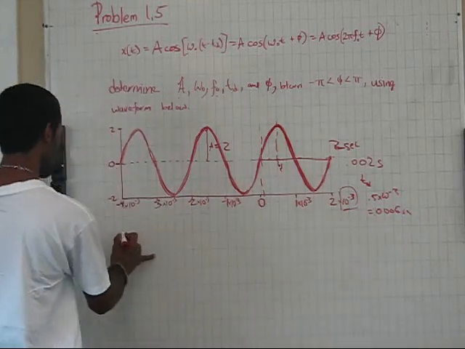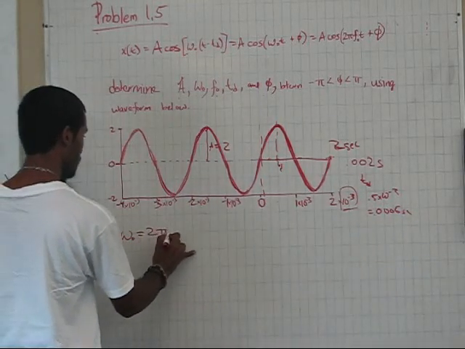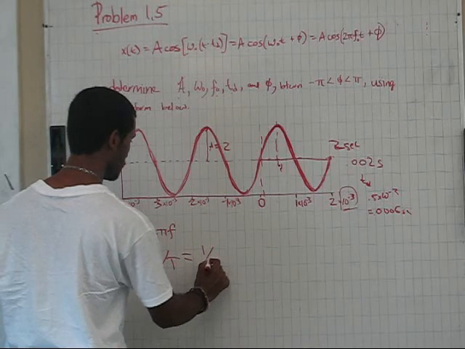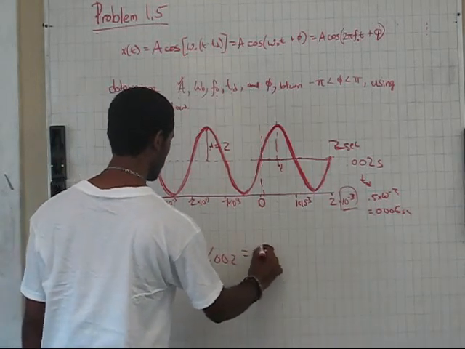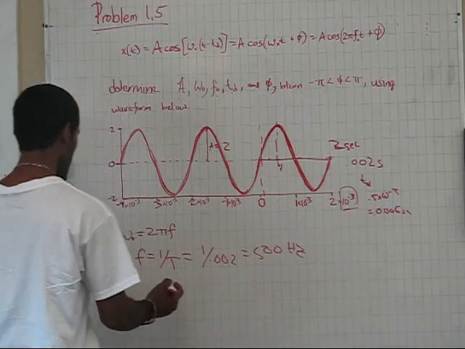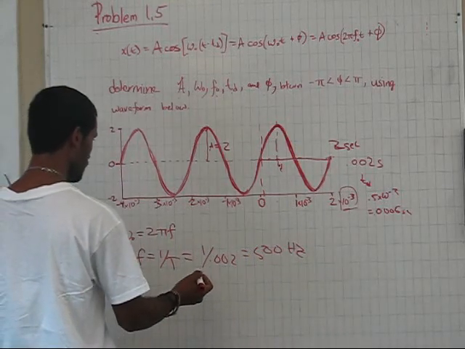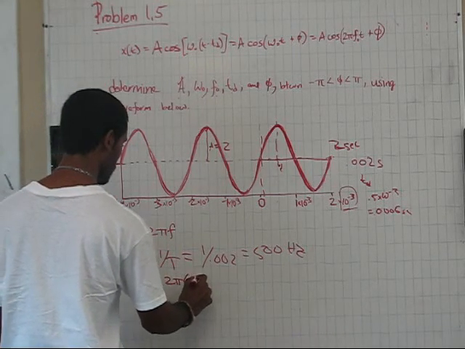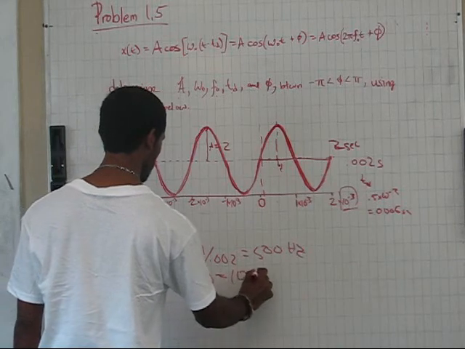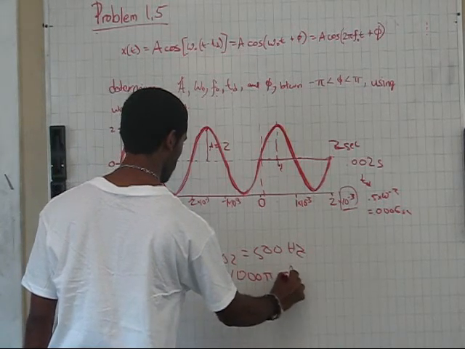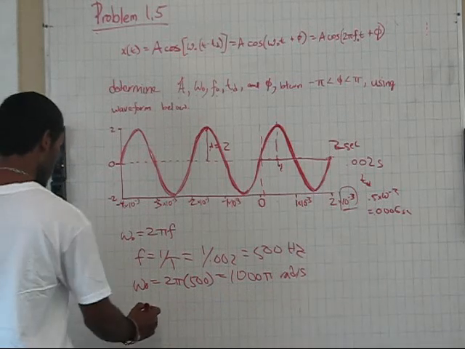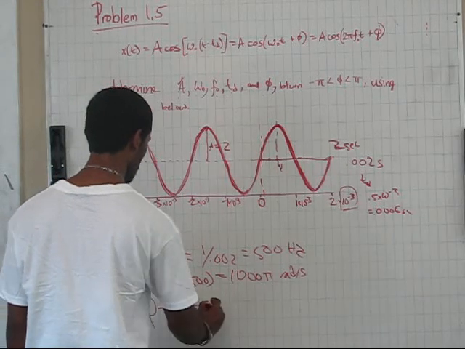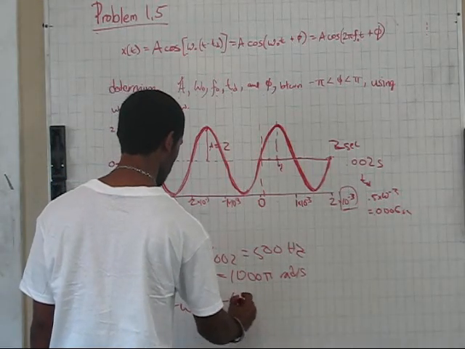Now to figure out omega naught, you have to do 2 pi times the frequency, and your frequency is 1 over T. And it's 1 over 0.002, which gets you 500 hertz. And then to figure out omega naught, just plug the frequency back in, so 2 pi times 500 will get you 1,000 pi radians per second. And then to figure out the phase, you do negative omega TD, which is negative 500 hertz